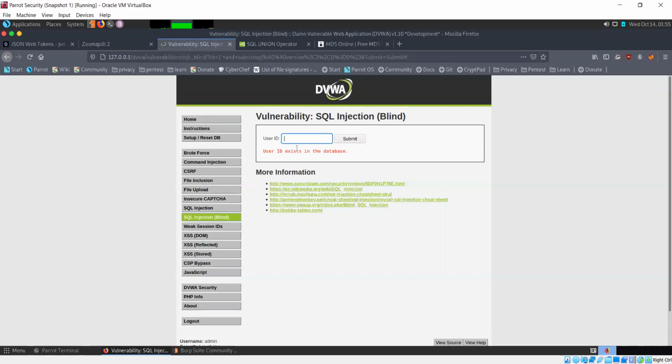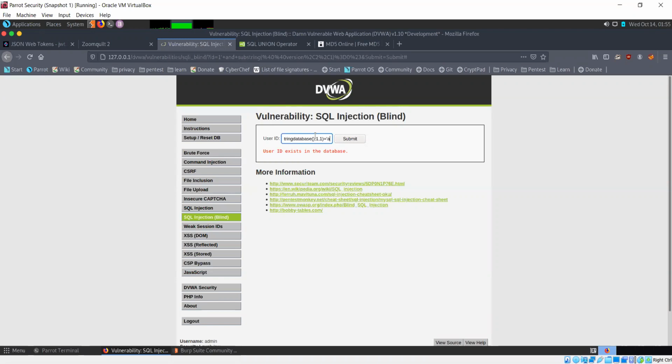Now similarly, if you want to figure out the name of the database, then we use the database function with substring. We compare it with characters, because of course it cannot be numerical in this case.